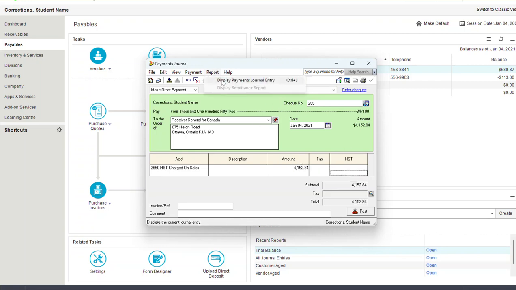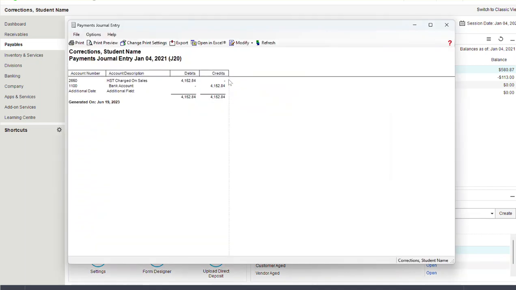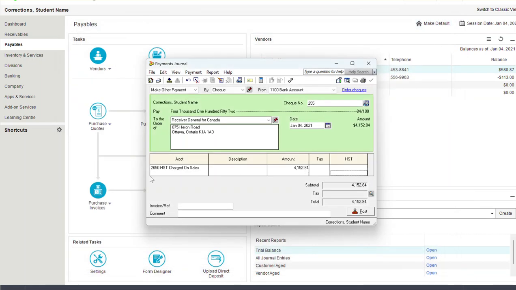So before you do it, I just wanted to see if I'm putting it on the right side. If you look at it, HST on sales is a credit balance. So we have to debit that account, and the next account that I want to adjust is 2670, and it is my purchases account, and I had to put a negative amount, and the negative amount will be